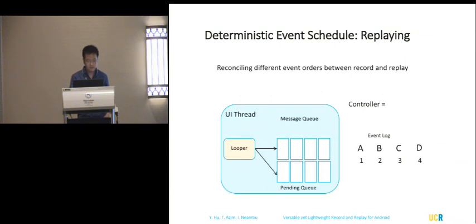And during replaying, we try to reconcile the different orders. Suppose that during replay, the order is non-deterministic, and the order is B, D, C, and A. Now the controller sees that currently we want to replay event 1, but B is 2 according to the log, so we save it to the pending queue. Then D also gets saved to the pending queue. Then event C comes, but event C is before D according to the log, so we add C here